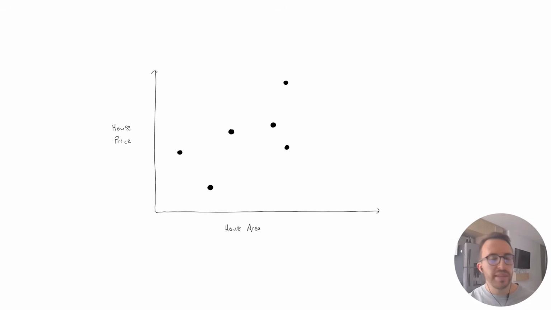So let's start with something that everybody's familiar with. It's called linear regression, and it is a type of machine learning, a very simple type of machine learning, but it is machine learning. So suppose you want to teach a computer to predict the price of a house given the area, the square footage of that house.